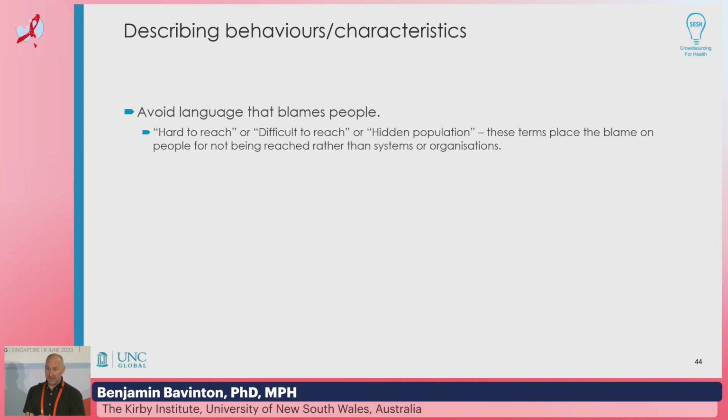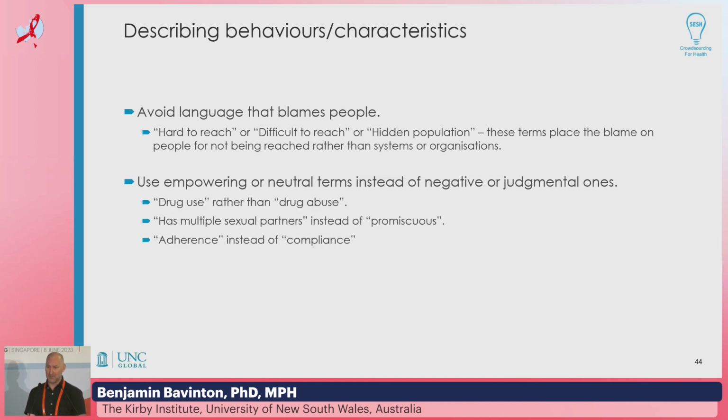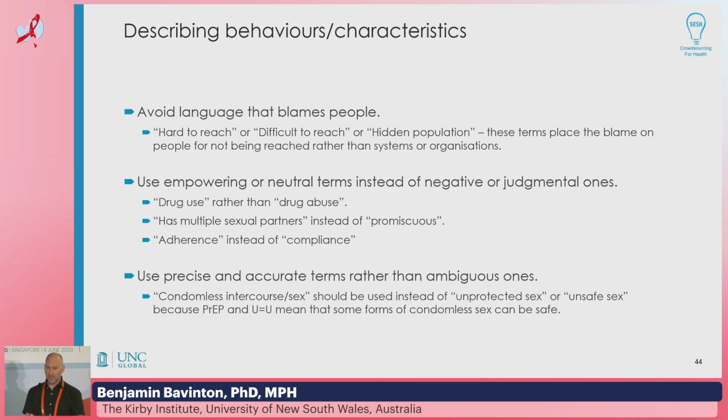It's important to avoid language that blames people. So hard to reach or difficult to reach is sort of saying that's your problem rather than ours. We should be changing the system to make it easier to access, not blaming you because you're difficult to reach. Again, using empowering terms, and avoiding negative ones. So drug use rather than drug abuse, has multiple sexual partners instead of promiscuous, adherence instead of compliance,